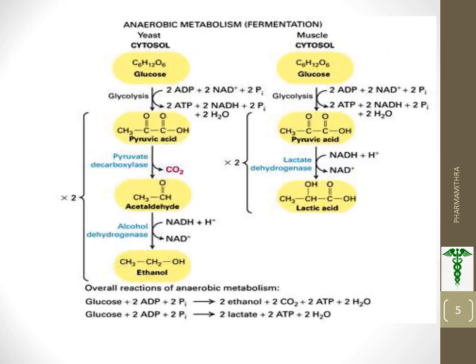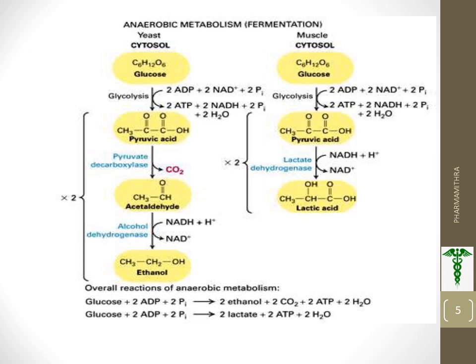In the case of anaerobic metabolism or anaerobic fermentation, we can say it is the reaction taking place in the muscle as well as in yeast. Here, the first reaction shows the conversion of glucose to ethanol. That is, glucose by glycolysis is converted to pyruvic acid, and with the help of the enzyme pyruvate decarboxylase converted to acetaldehyde, and by the enzyme alcohol dehydrogenase converted to ethanol. This is a most important process. We can discuss this production in the coming session.